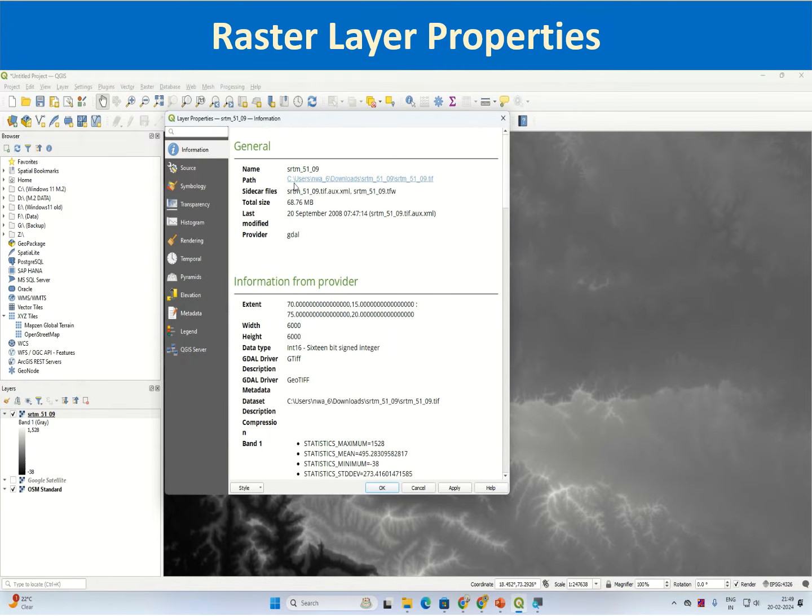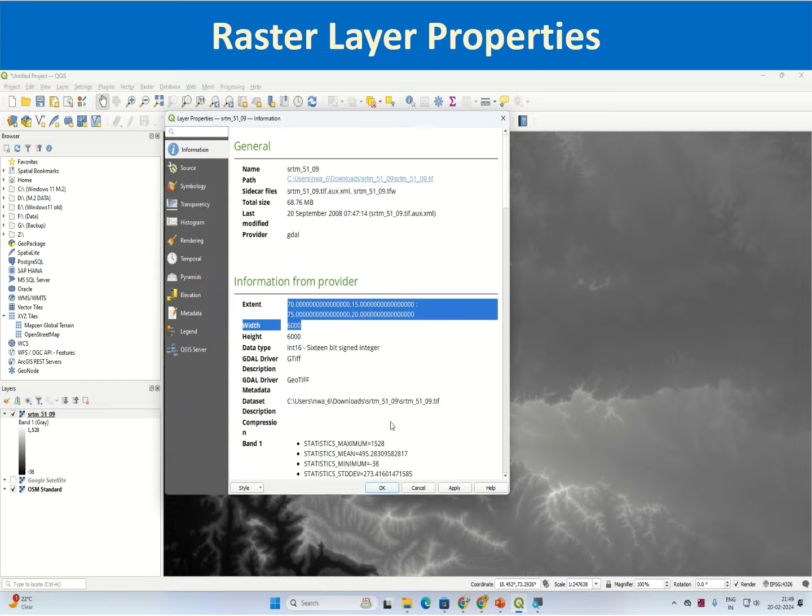In the information, you have all the general information, the provider of the layer, then the size of the file, when it was last modified, and then the format, GeoTIFF, and the extent,